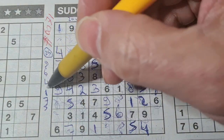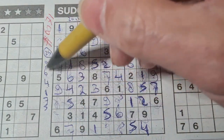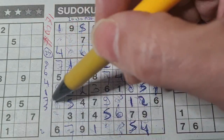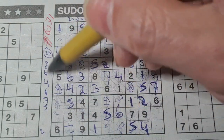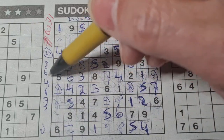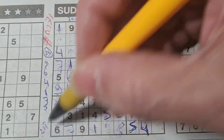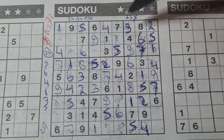So 3 missing numbers now. 1, 2, 3, 4, 5, 6. So the numbers 2, 1, 2, the 3 is missing. The 4, the 5, the 6, the 7, and 8 is missing. 2, 3, 8, 2, 3, 8. Okay. Here we have